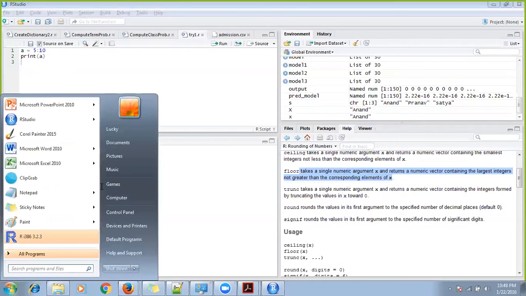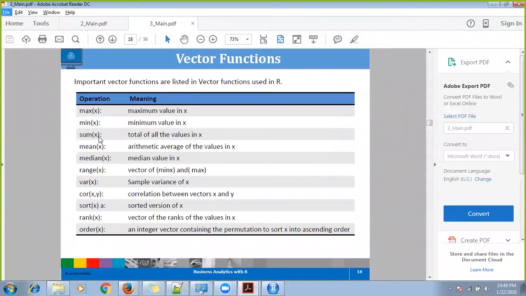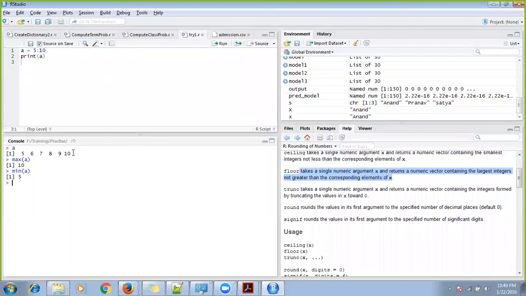Similarly, there are many other functions. Sum of A will just sum up all the numbers inside the vector. Mean of A will give you the average value. And median will give you the mid value. For 5, 6, 7, 8, 9, 10, it should either give 7 or 8, or it may give 7.5. Let's see.